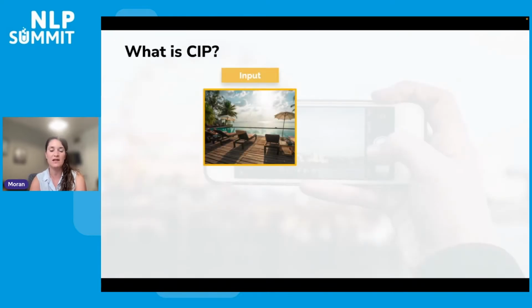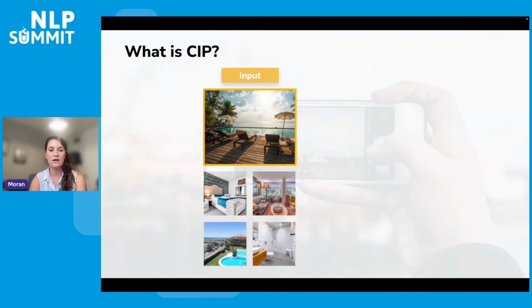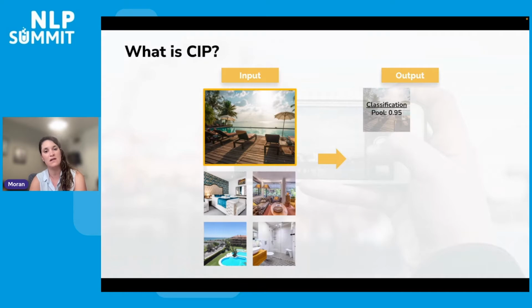For every kind of input of content, for example, an image or a set of images, we can predict some outputs using different models. For example, we can predict the classification of the image, if there is a pool, sunbed, or sun umbrella in the image, what the quality score of the image is, and what the focal point, the main point of interest of the picture, is, and we can use this focal point for cropping, for example.